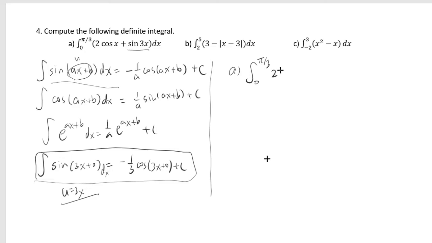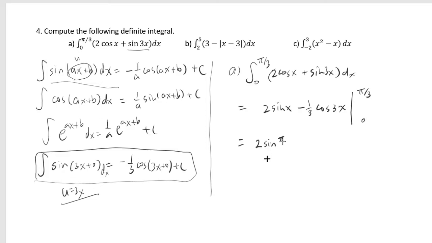This definite integral is therefore, you first have to find the antiderivative. Antiderivative of cosine is sine. Antiderivative of sine is negative cosine, and as I said, this 3 creates 1 over 3 in front. So we have 2 sine x minus 1/3 cosine 3x, and you have to plug in pi over 3 and 0 and subtract, okay? So when you plug in pi over 3, you get 2 sine pi over 3 minus 1/3 cosine 3 times pi over 3